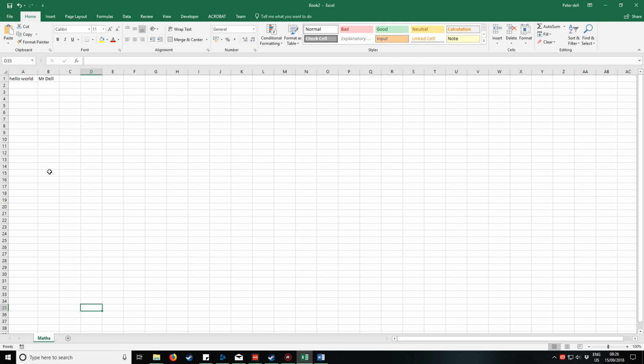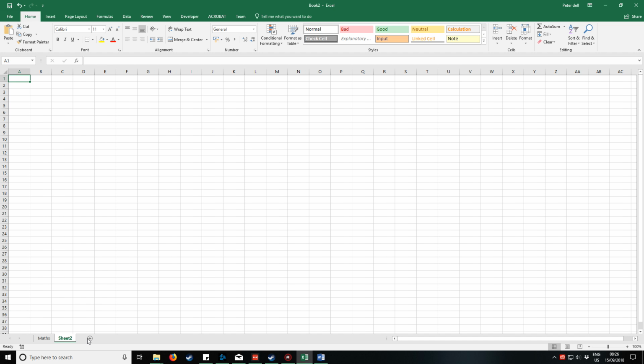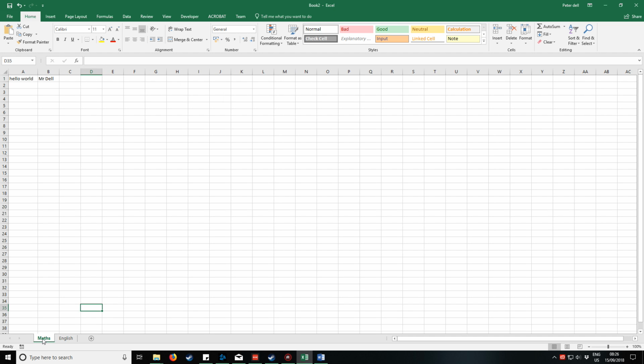Then I say, well, wait a second, I want to capture English data. Well, I can click on New Spreadsheet, right click, rename, and type in English. And now I've got a space to capture all my English data. And you can see I can simply just swap between them. Now I'm going to go back to my maths data here,